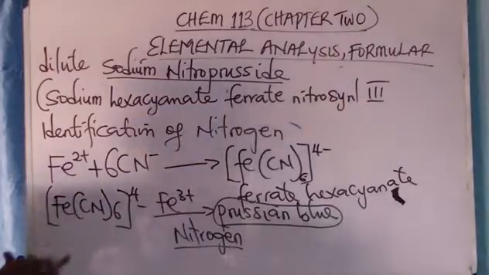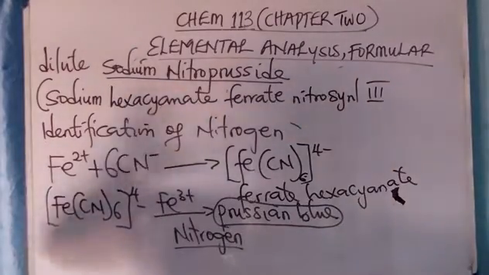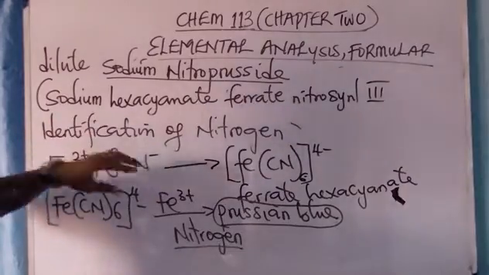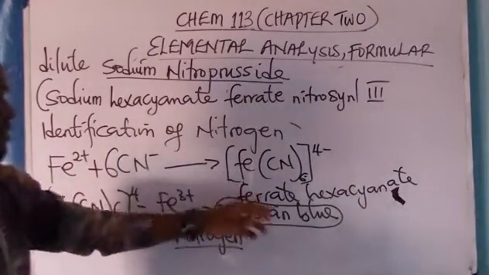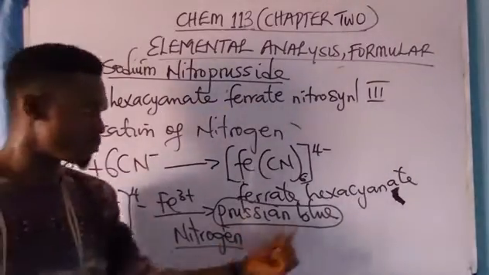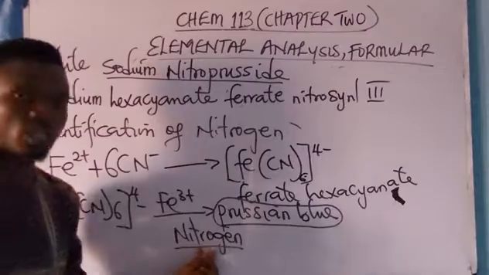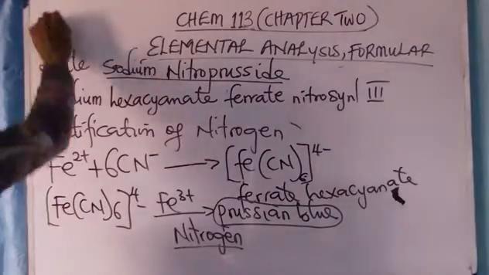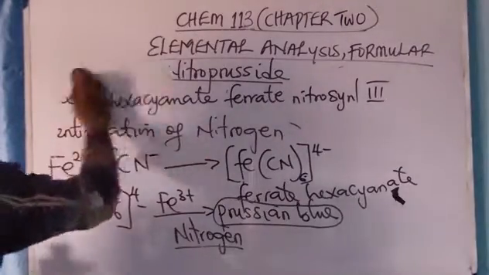Please, that is for that. So we've been able to identify sulfur, carbon, hydrogen, and whatever. So please take note of this formula. This is a ferrite hexacyanate. When reacted with this, we now have a Prussian blue, which connotes the presence of nitrogen. Okay, so is that all? No. Now the next one